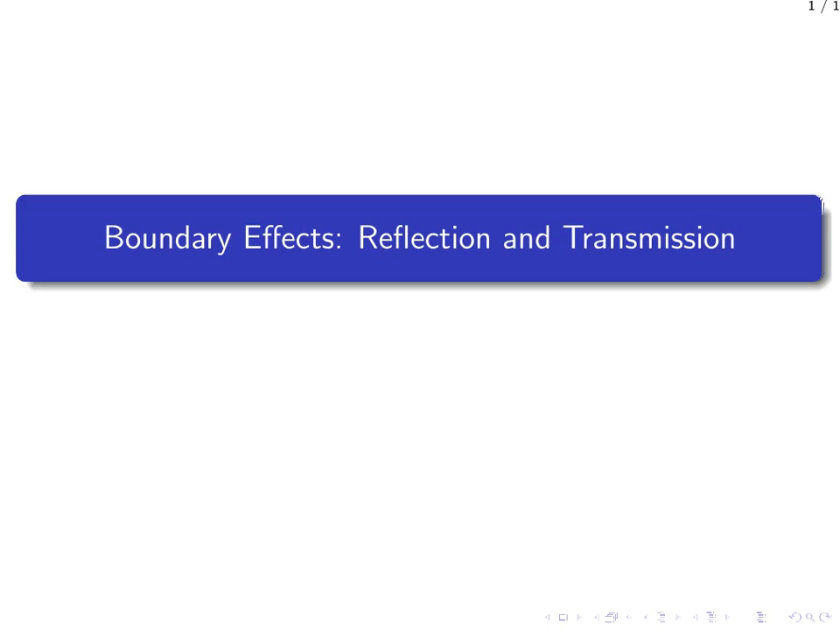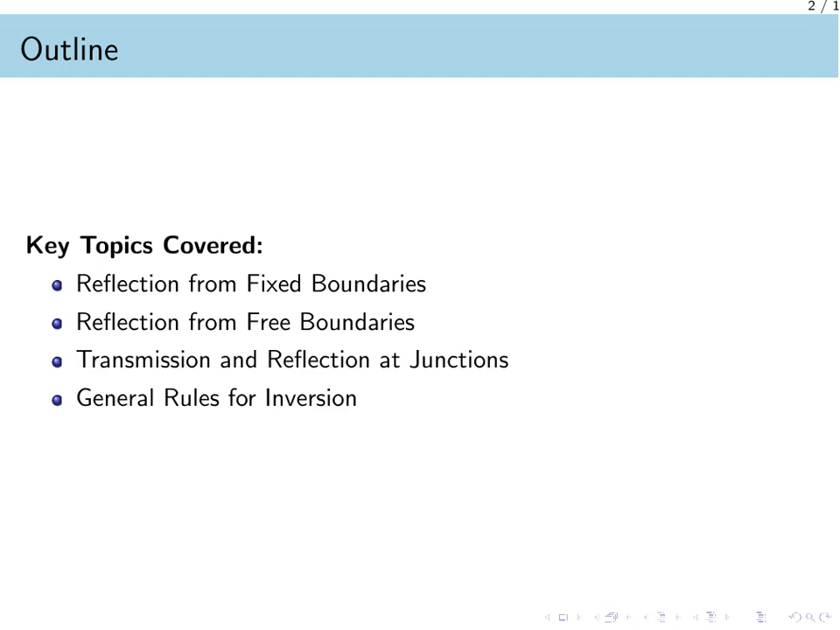Boundary effects, reflection and transmission. In this session, we will explore how waves behave when they encounter the limits of their environment. We will start by examining reflection from fixed and free boundaries to understand how the end of a medium affects a pulse. Then, we will look at what happens at junctions where two different media meet, leading to both transmission and reflection. Finally, we will establish general rules for when a wave undergoes inversion based on the properties of the